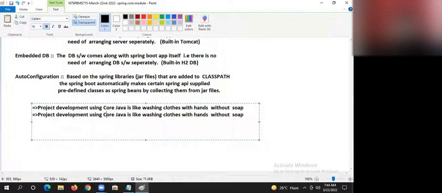Project development using Java JEE technologies.